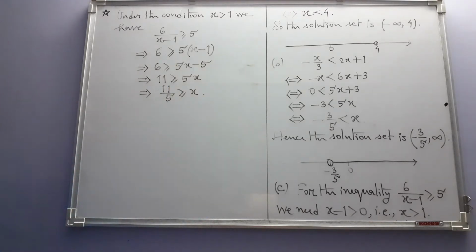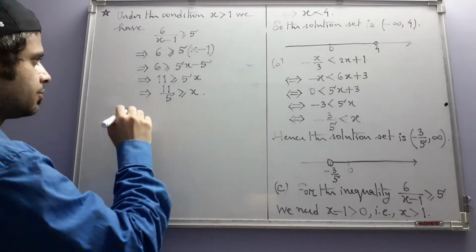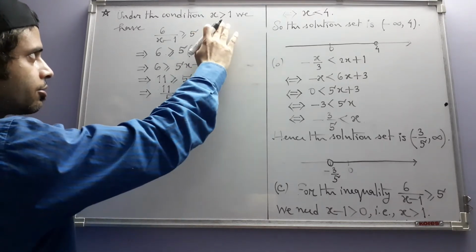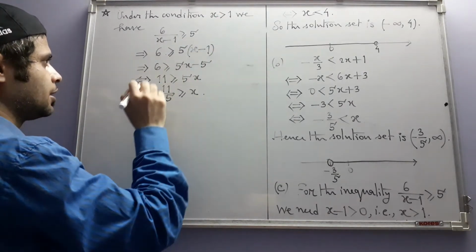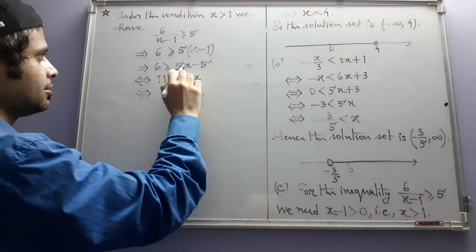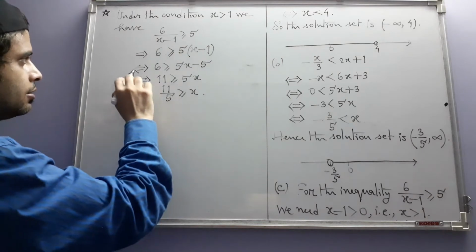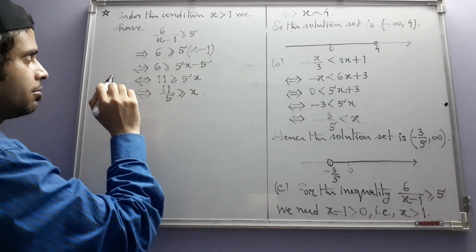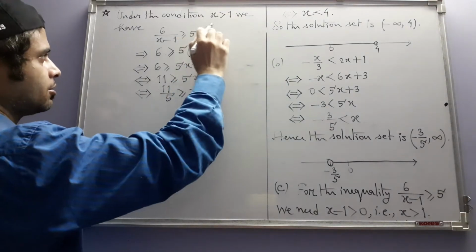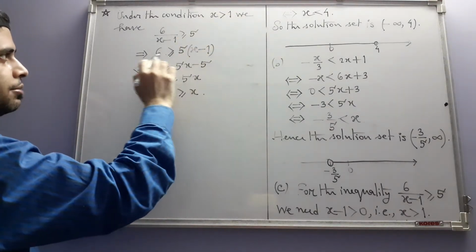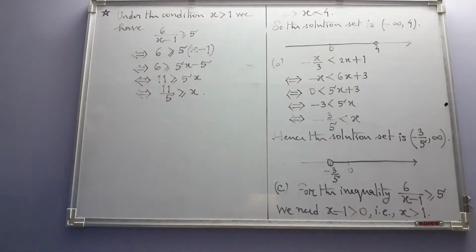That gives us this. Conversely, if you start from here and maintain this condition also, then even without this condition you can reach till this stage. This also will imply this, but after that, only if you have this condition can you divide both sides by x minus 1. So under that condition we have this.